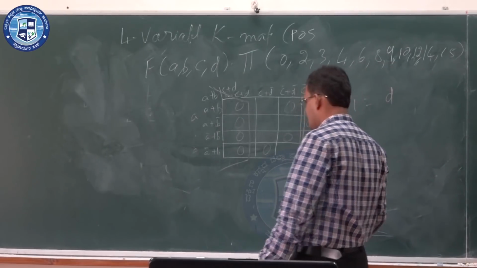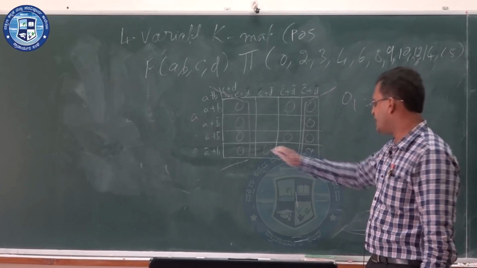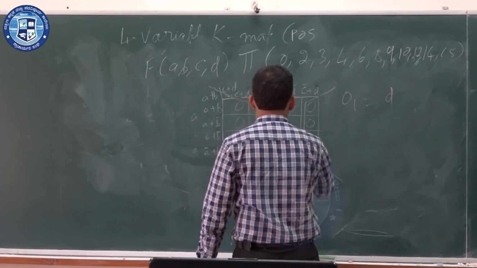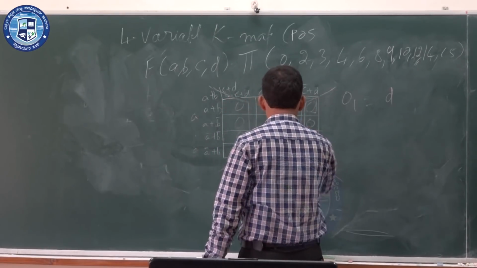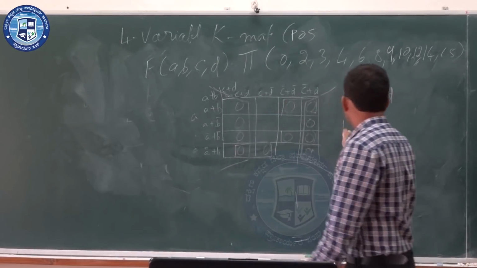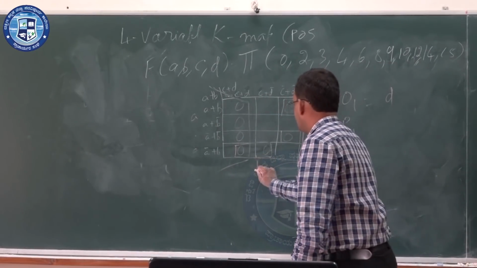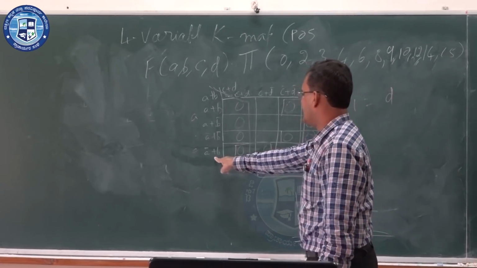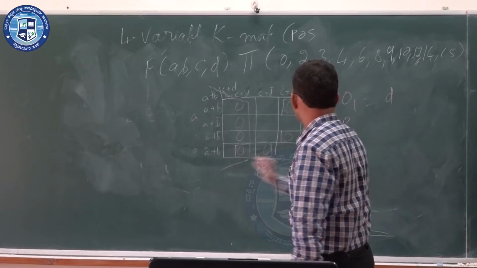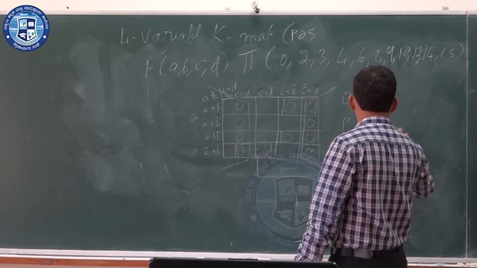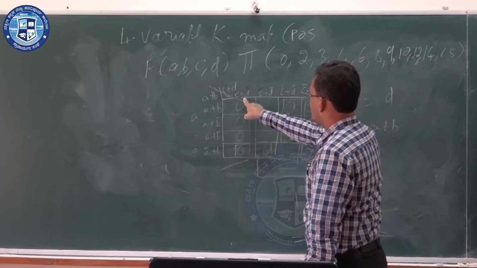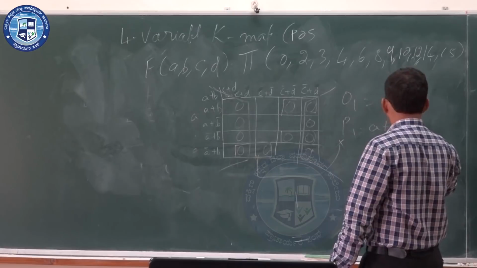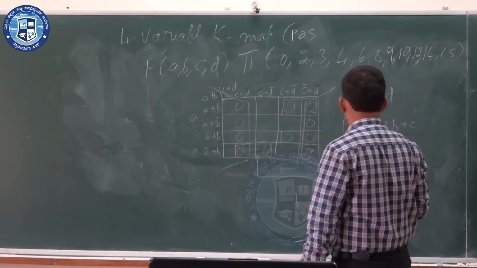And here I cannot go for a quad, I have to go for a pair. Let me go for a pair, pair 1, pair 2 and pair 3. So, pair 1, this is pair 1, the last row A bar plus B, that is common, I write it like that only. Here C plus D and C plus D bar, C is common. So, plus C, D and D bar gets cancelled.